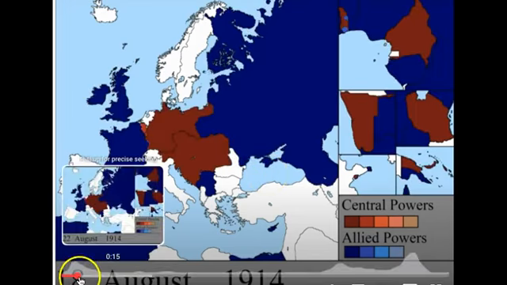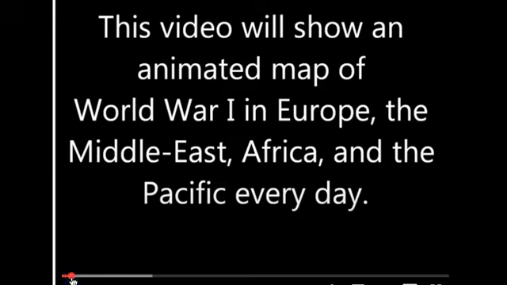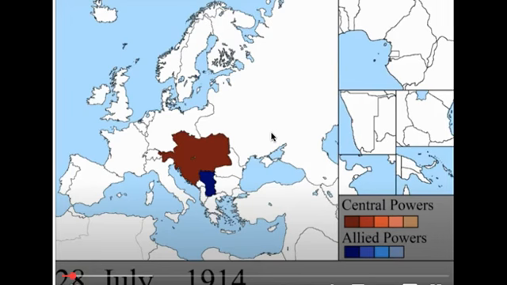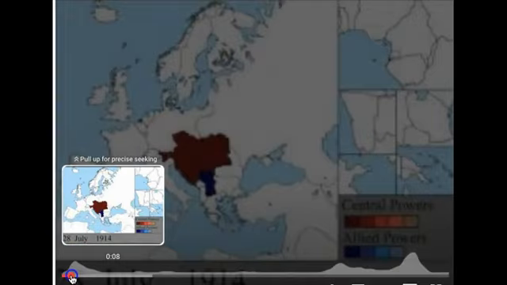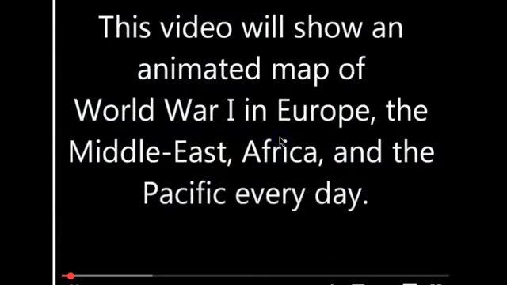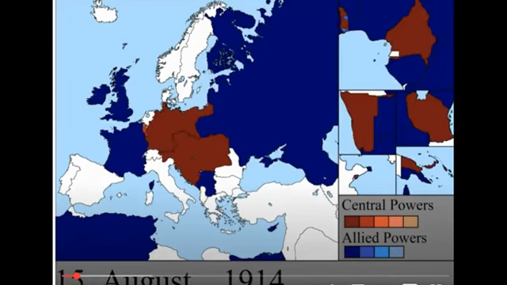So again, I'm going to go back just a little bit so that we can really sort of look at this. So we're looking here at July 28th, 1914, and just watch how fast it goes. So by the time you get to August 6th, you can see the Central Powers and who's involved in the war. And then over here, you can see the Allied Powers and who is involved in the war. And again, it's almost impossible to show how fast this starts because this alliance system makes it happen so quickly. But that's all for this video.